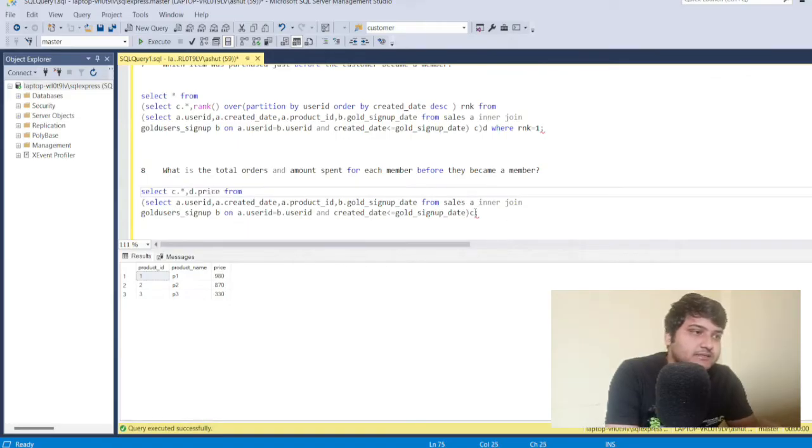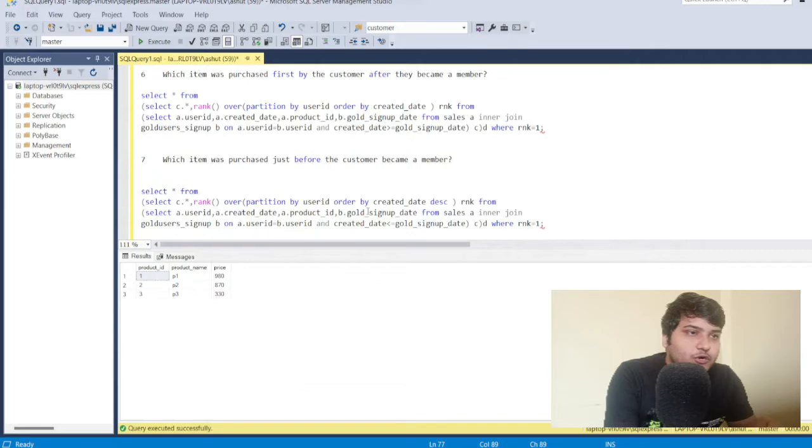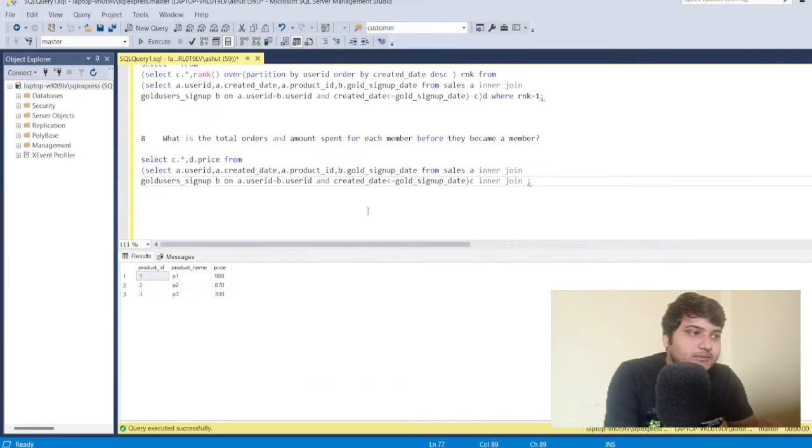From this I'll perform an inner join. Inner join what? So inner join product. Onto which column do we want to inner join both of these tables? We want to join on the basis of the common column. The common column is the product ID column, because we want to know what is the price for each of the products. So we want to join on the basis of the product ID column,